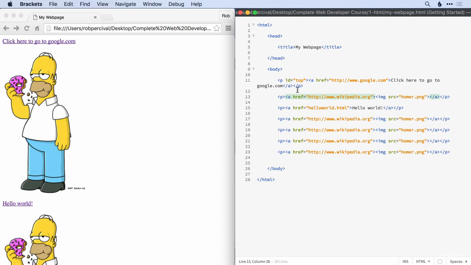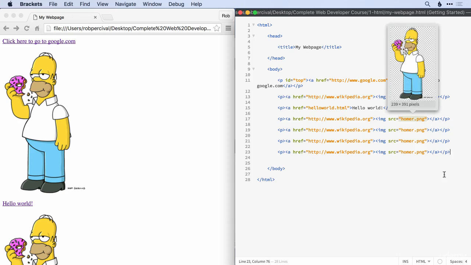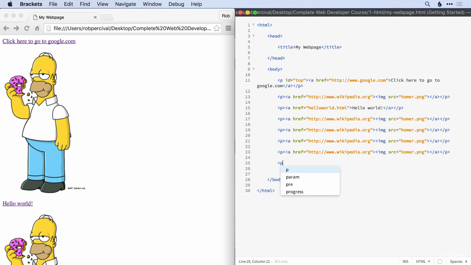Now, IDs we're actually going to be using a lot, first in CSS for styling, and then in JavaScript to start getting bits of your web page interacting with each other. But for now, we'll just use them for this anchor effect. So now that we've got a paragraph tag with an ID, we can add a link at the end of our page,